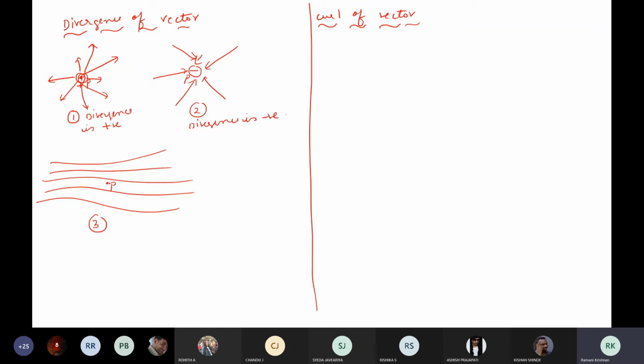Now, can someone guess, here what is happening at point P? The flux lines are coming also and they're meeting also. The equal number is leaving also. What will happen? In diagram 1, I said divergence is positive because it is diverging. So divergence is a measure of how much the flux lines are converging or diverging at a point. Figure 1 is positive divergence. Figure 2 is negative divergence. Tell me, at 3 what will happen? Zero divergence. Zero is correct.